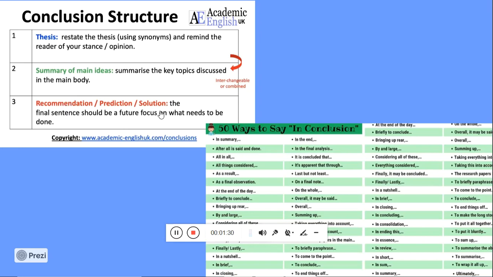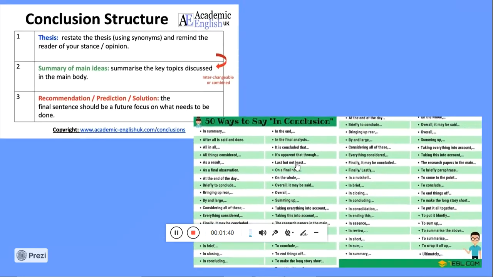Okay, the final sentence should be future focus. What needs to be done. Okay, ممكن يكون كلمة أو عبارة للمستقبل. ده بالنسبة